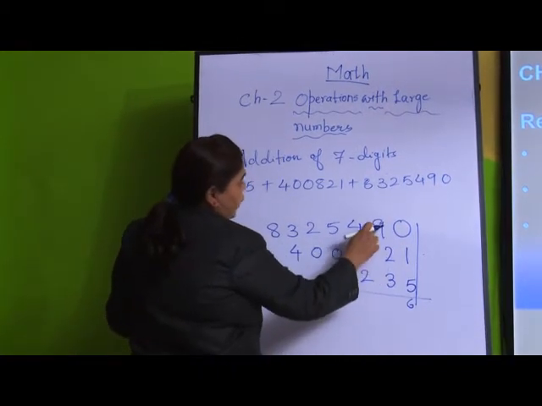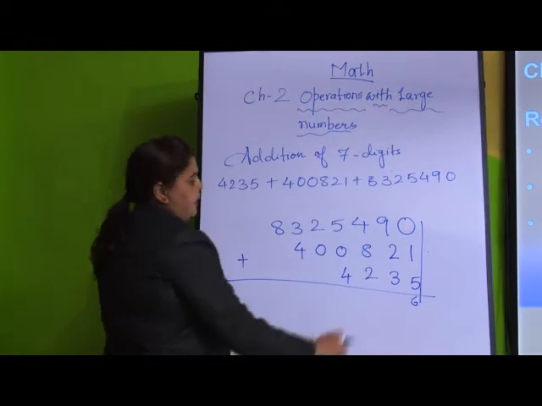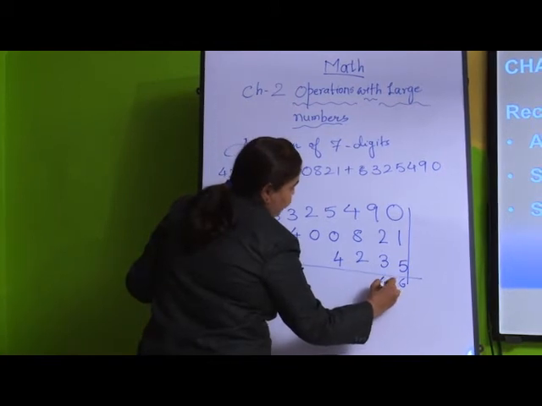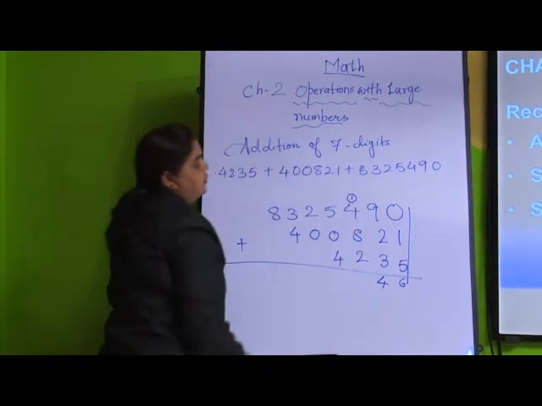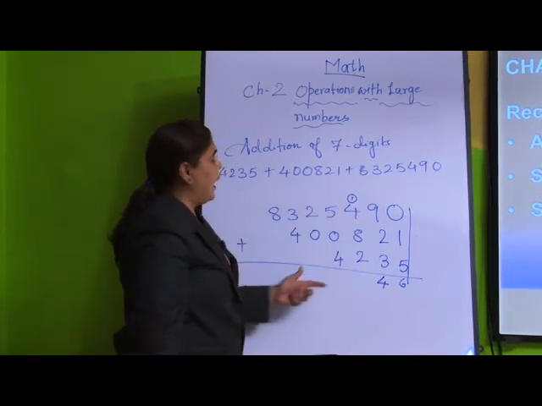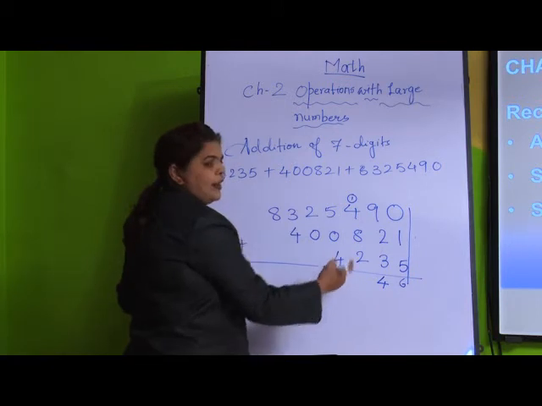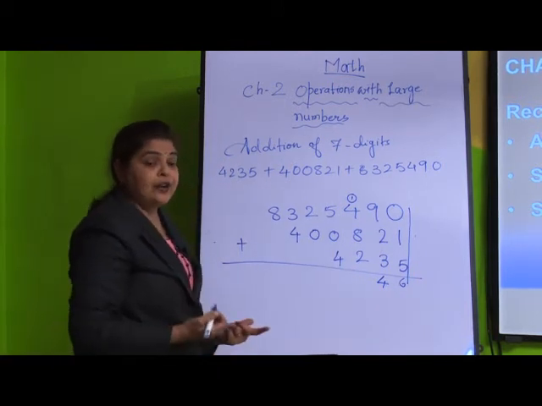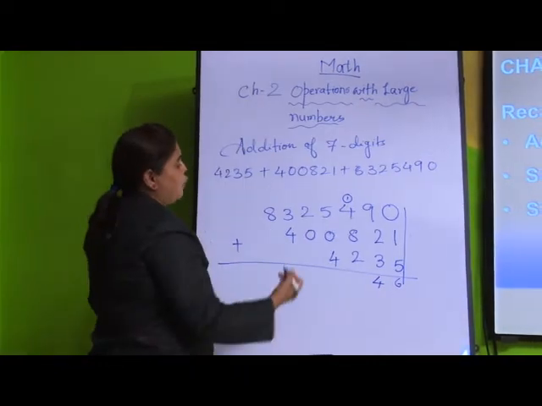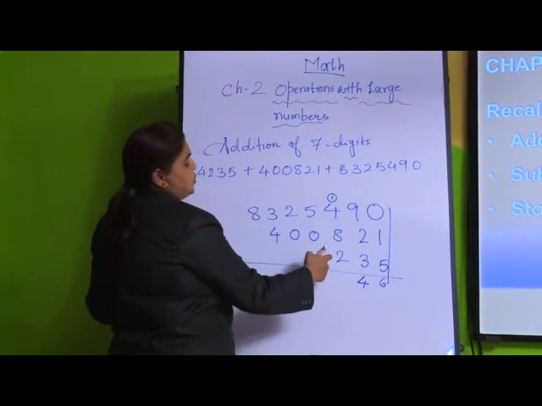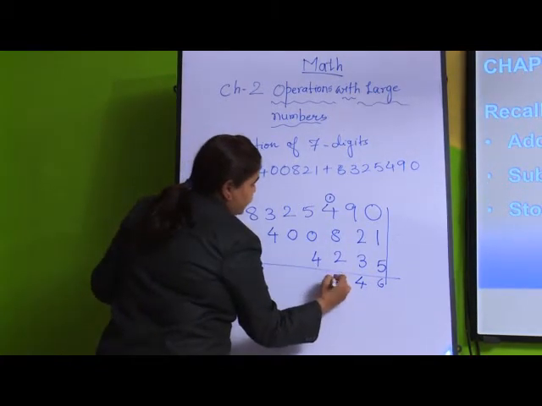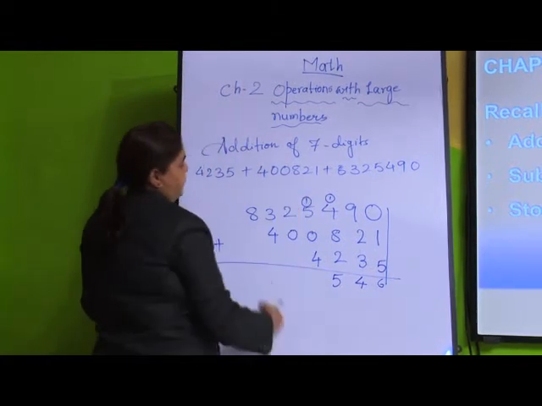Now 9 plus 2 is 11, very good. 11 plus 3 is 14. So I will write here 4 and I will give one carry over here. You can write carry here and you can add this number. 8 plus 2 is 10. What do I do? Find the nearest number, because we had learned in the previous lesson. So you have to find such a number which will round off. So it is 8 plus 2 is 10, 10 plus 4 is 14 and 1 is 15. So this is 5 here and 1 carry.